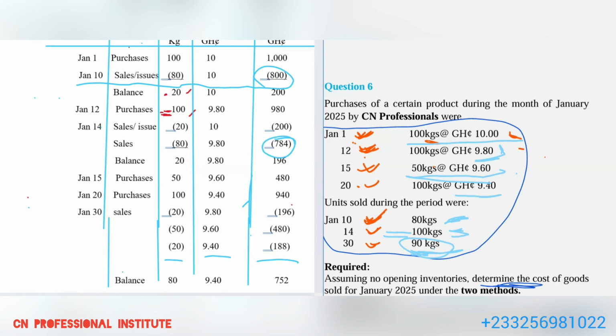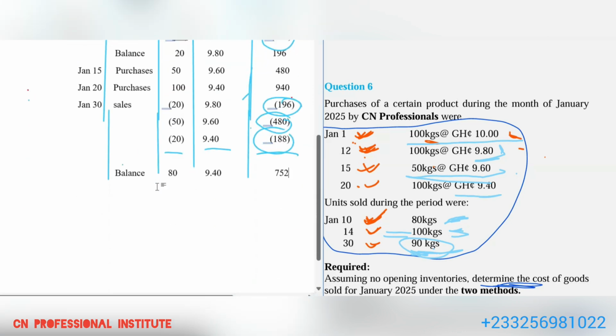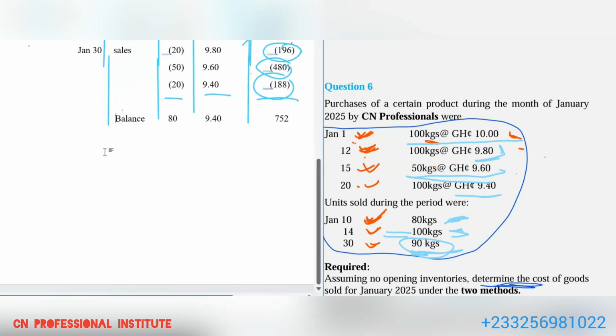Then there's also one issue up here. This one here, this one here, this one here. We add all the sales, all the issues, and then we get our stuff. So let's go down and add them to get our cost of sales. So to get our cost of sales,